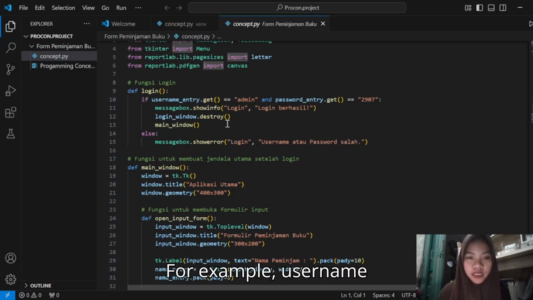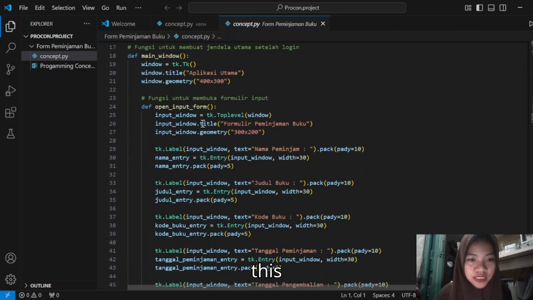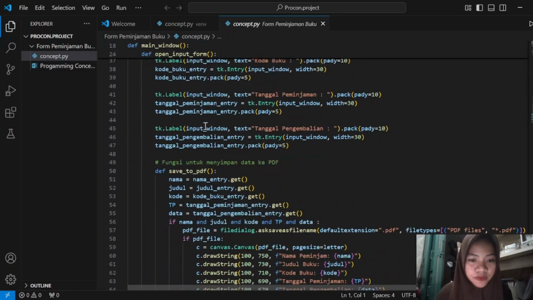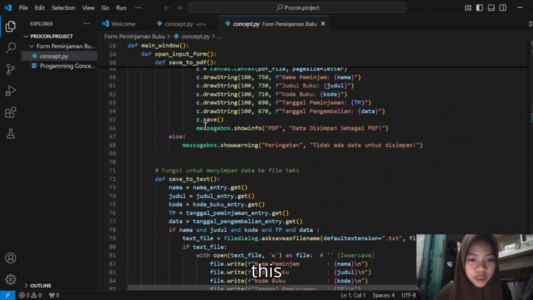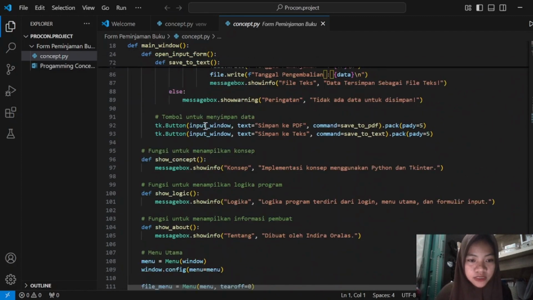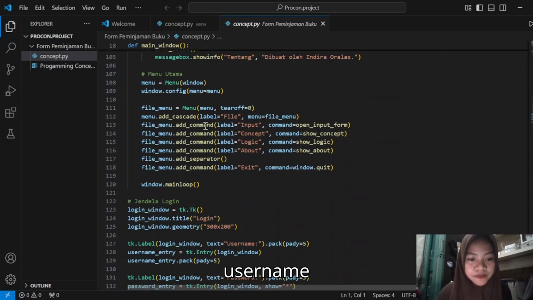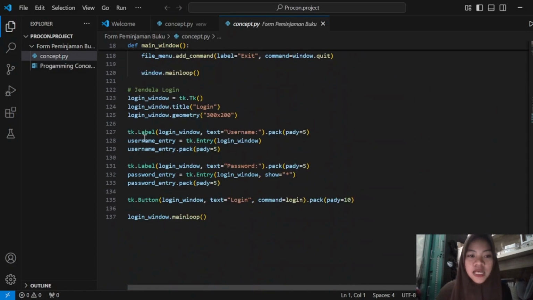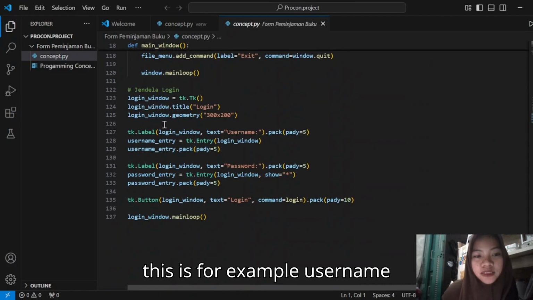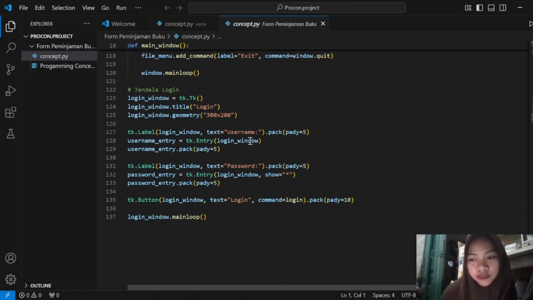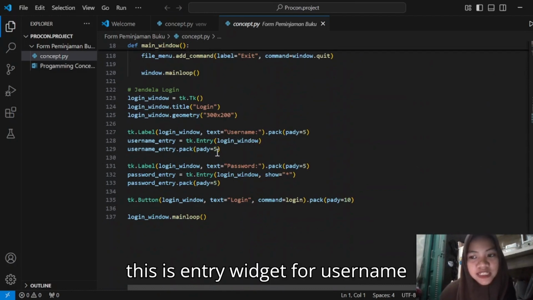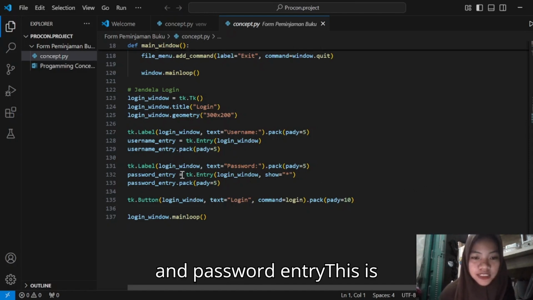For example, username entry. This is the entry widget for username, and password entry.